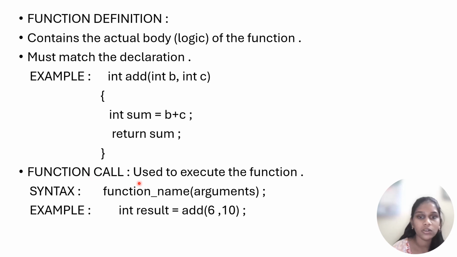Function call is used to execute the function. The syntax is function name, in parentheses the arguments. Example: int result = add(6, 10);